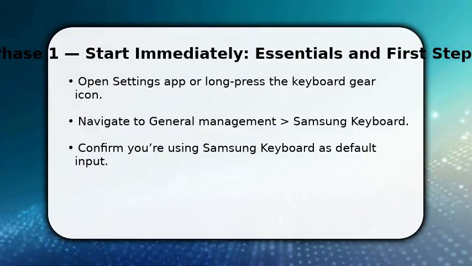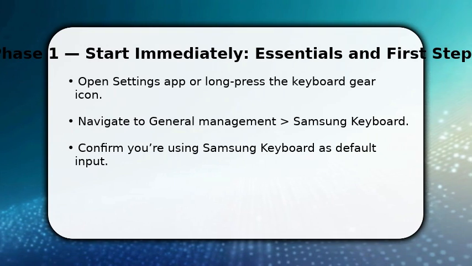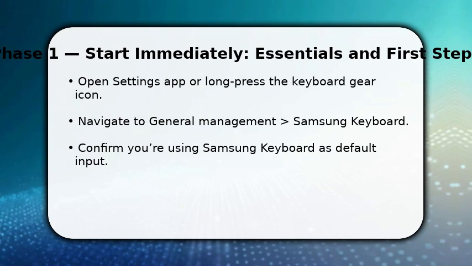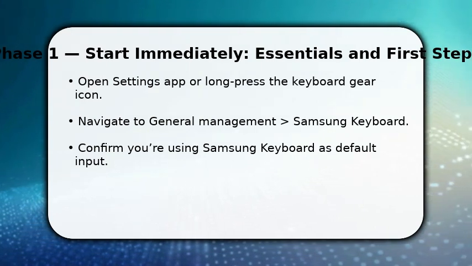You start by opening the Samsung keyboard settings. This puts you exactly where themes live. If you're in an app, tap a text field, then tap the keyboard gear or long press the comma key